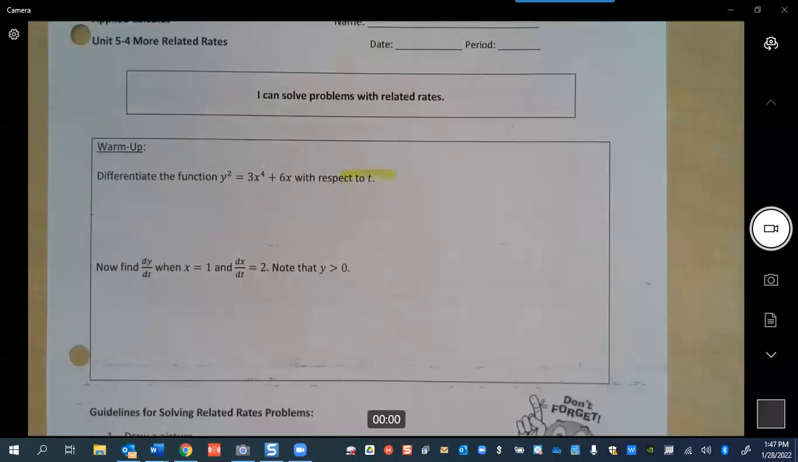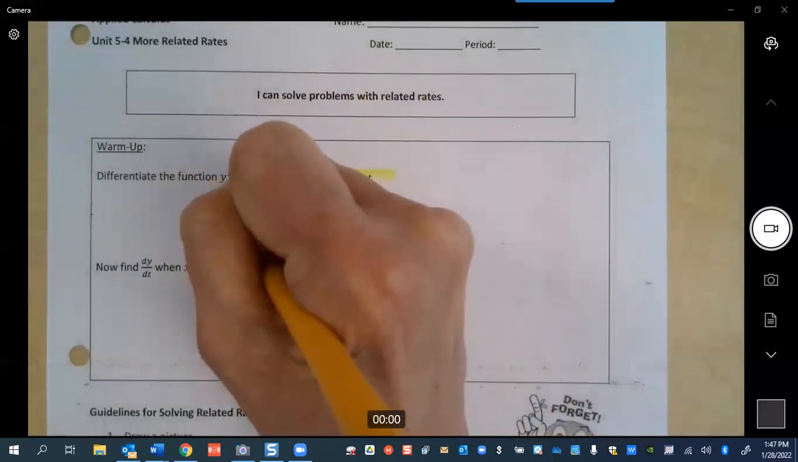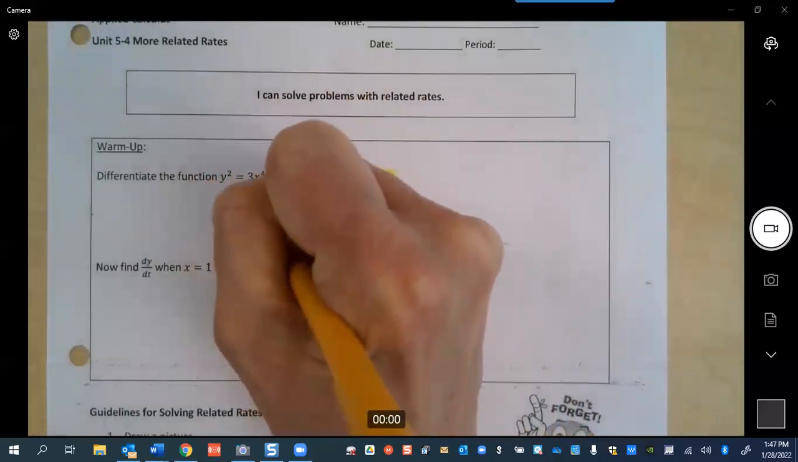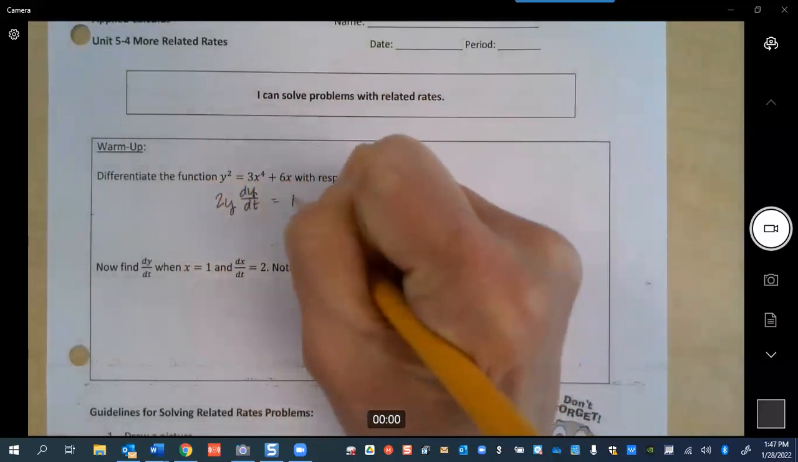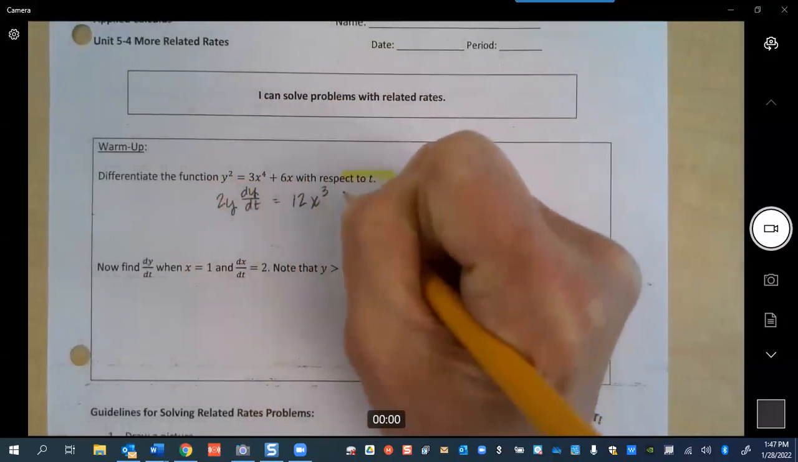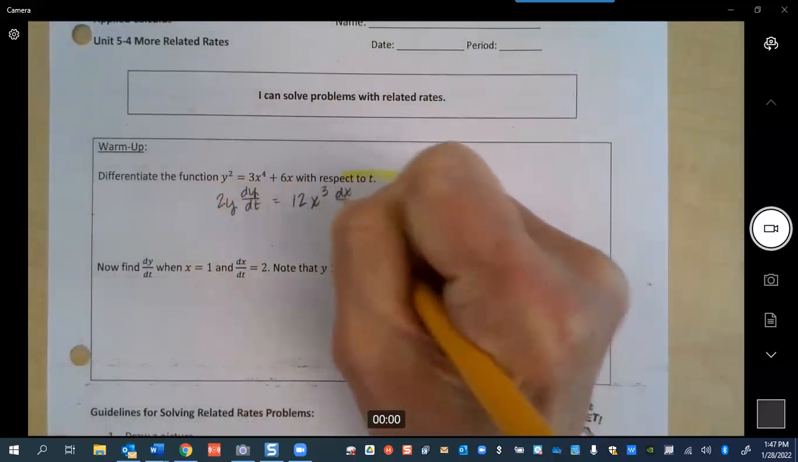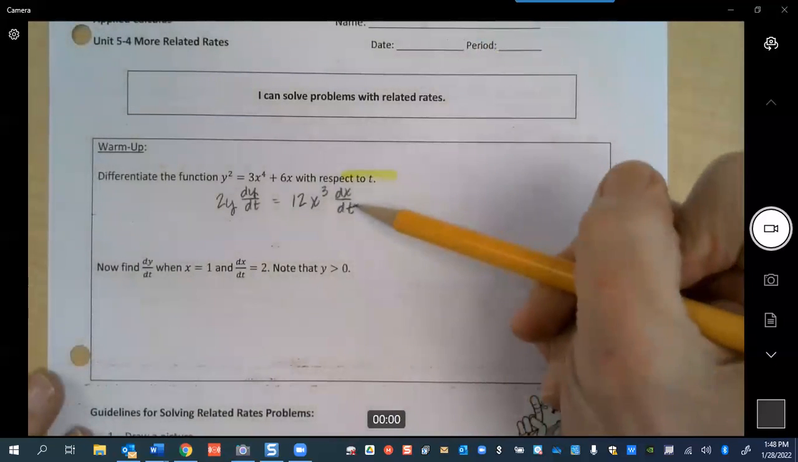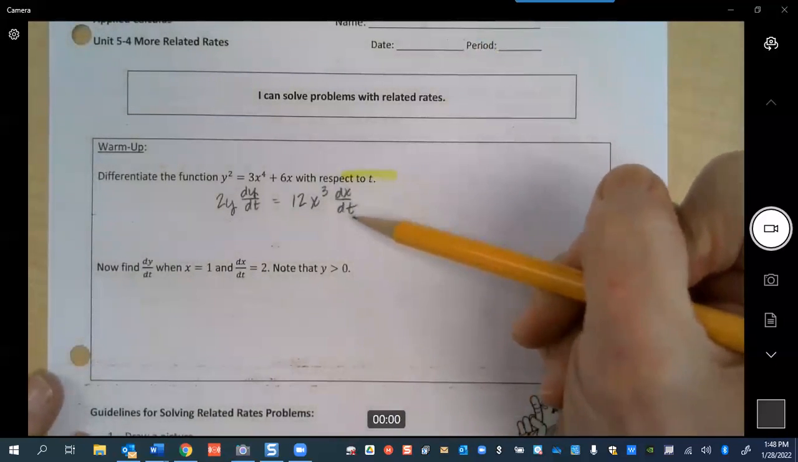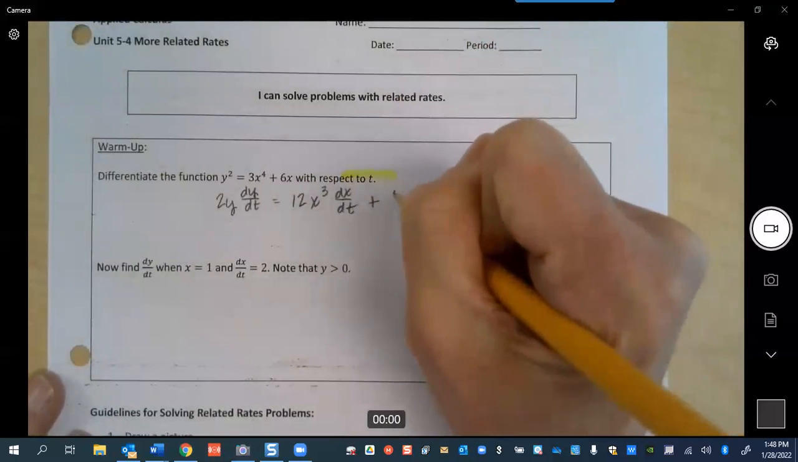So when I talk about differentiating this, I have 2y dy/dt is going to be equal to 12x cubed dx/dt. Yeah, so we're used to forgetting about that dx, because if we're differentiating in terms of x, we have dx/dx, which is equal to 1, which goes away. So now all of a sudden we've got more work happening because we're talking about x in terms of t. We're not done. Plus 6